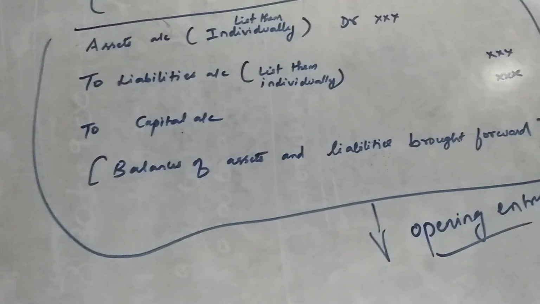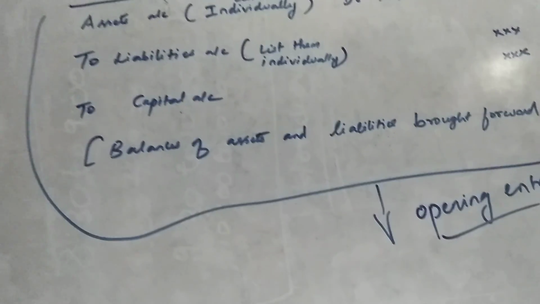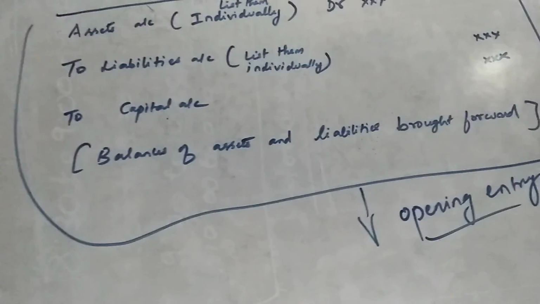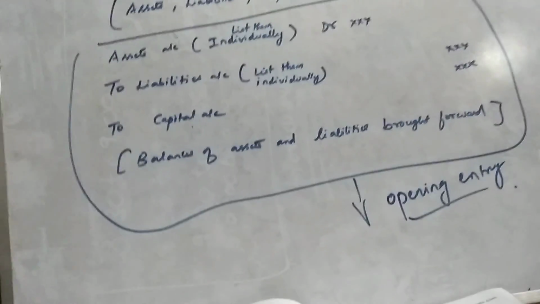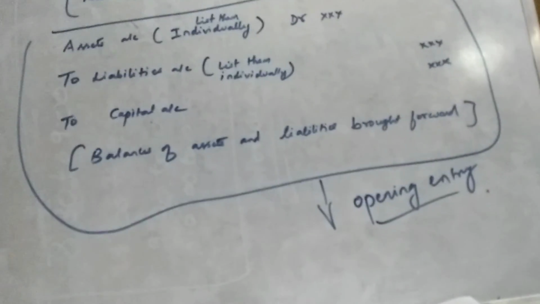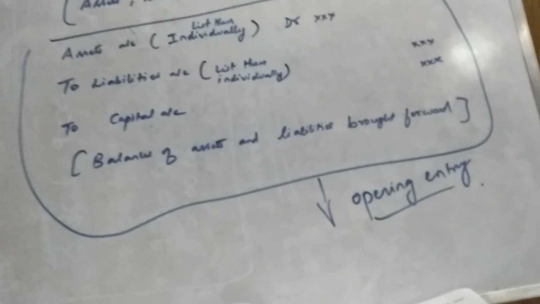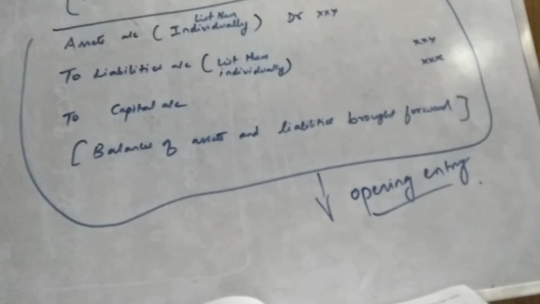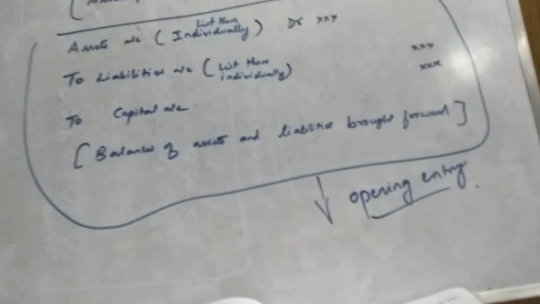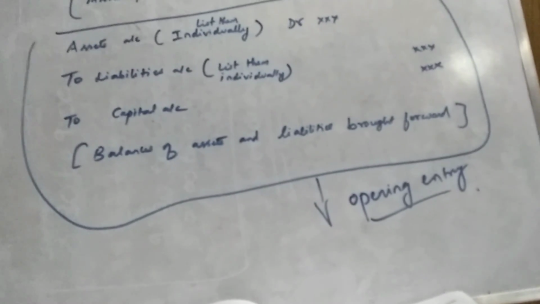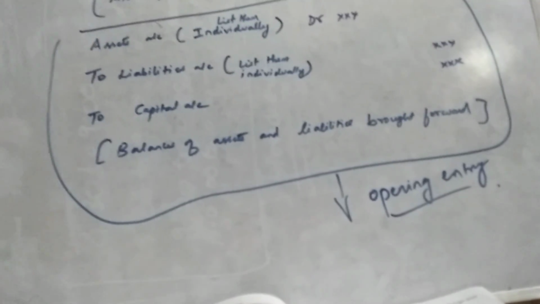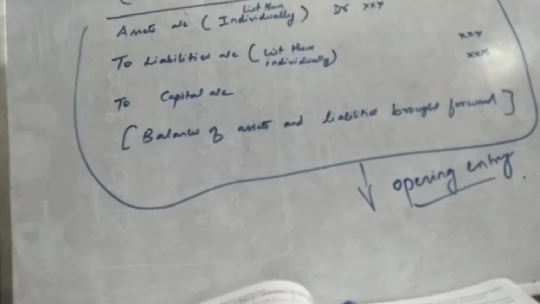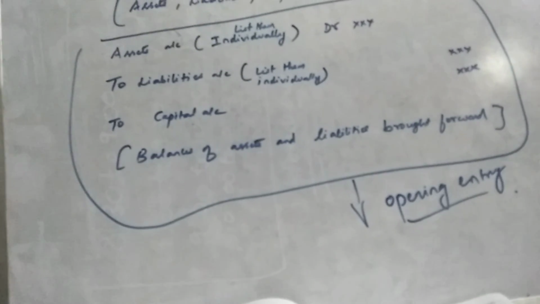So they'll give you a few assets and liabilities and may ask you to write the opening entry. In such cases, you have to find out the capital that is hidden there, using the accounting equation: capital is equal to assets minus liabilities. Find the total of assets, then deduct the total of liabilities, and you'll get the capital. Then the most important part is that you have to write the opening entry, because in the question they have asked you to write the opening entry. Is that clear? They didn't ask you to calculate the capital. But if you want to complete that opening entry, you have to write even the capital there. Is that clear? So this is called an opening entry.